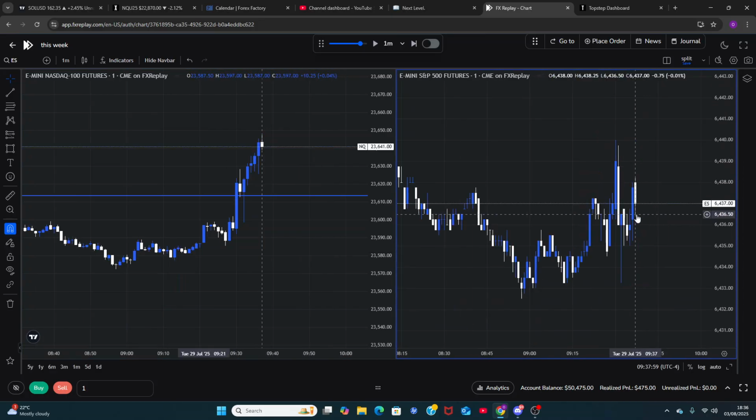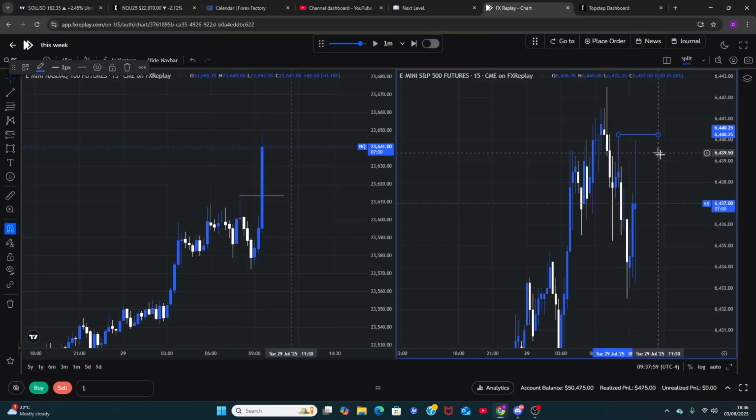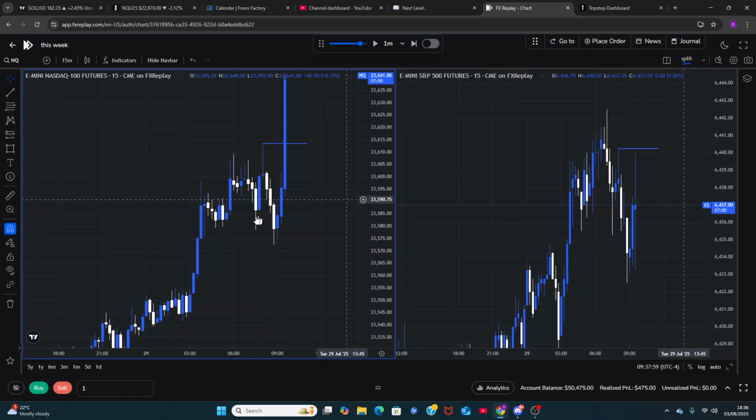But for some reason, we have an SMT, and I don't know why. We have an SMT with this high as well. So I want to keep my eye on this high on ES as well. This SMT may get disrespected, but I have my eye on it. But we're clearly very, very bullish, right? We accumulate, we manipulate into this area, took out these lows and displaced higher.